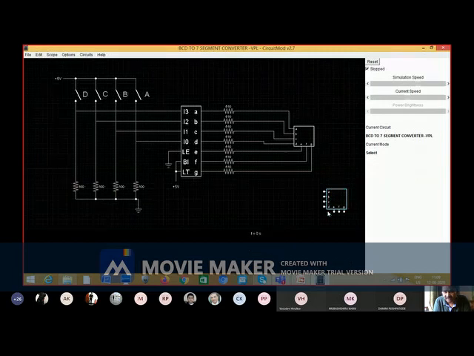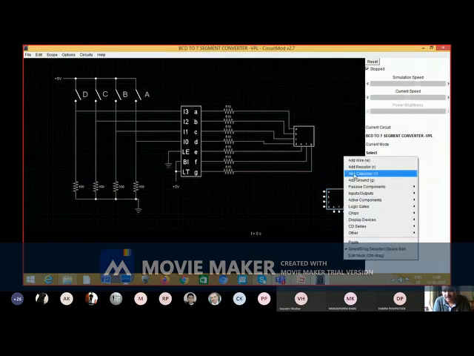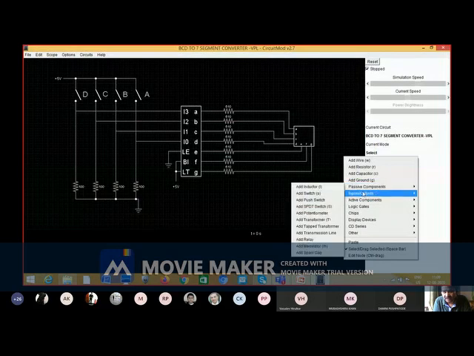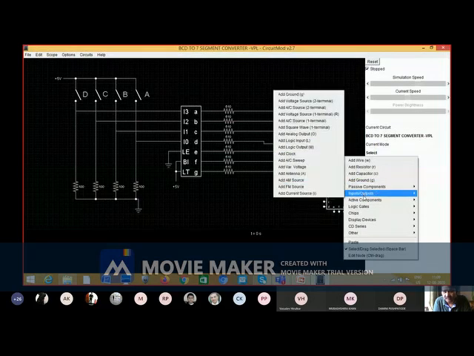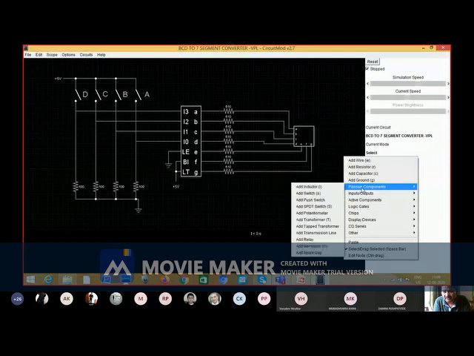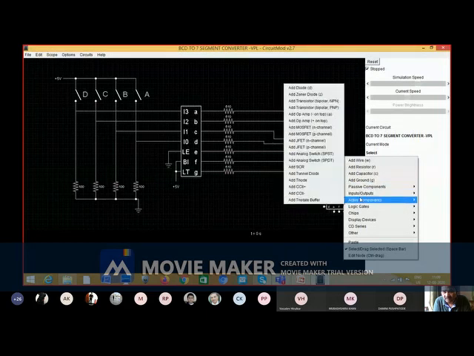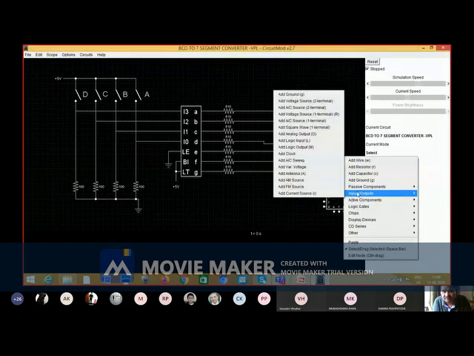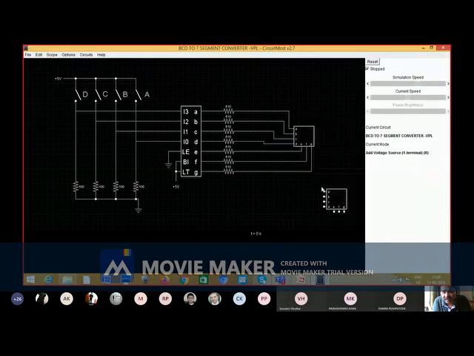You can see A, B, C, D, E, F, G. And suppose if I want to activate particular segment, you can see this A is turned on. Suppose you want to turn on B, this B, A, B, C, D, E, F, G, etc.